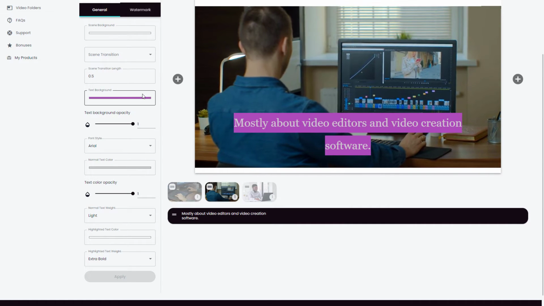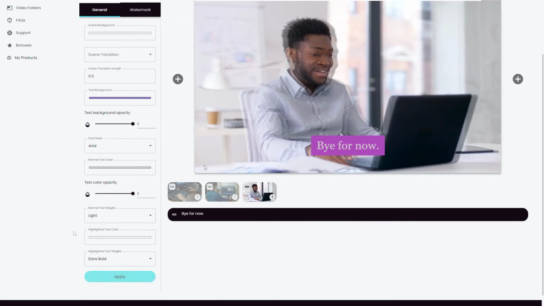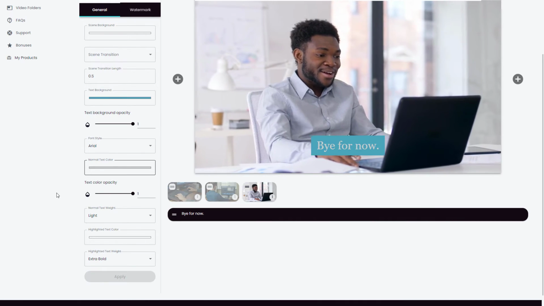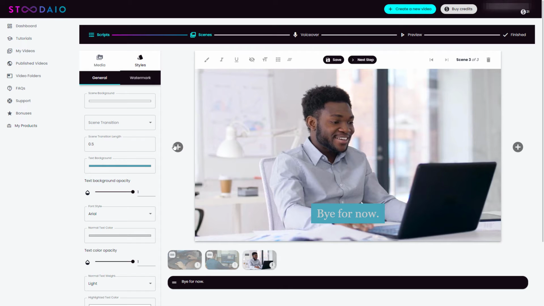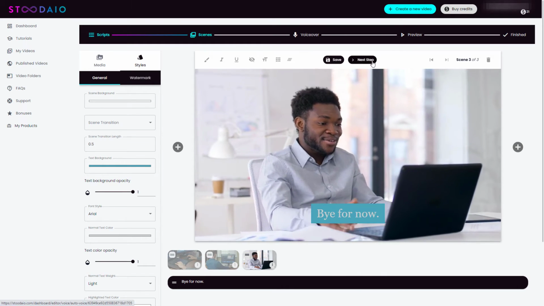And now I have to go in and change it. So it might be I'm not being consistent with my color. I don't think I am being consistent with my color, but there we are. Now we can add additional slides using this slide before or slide after. I'm going to go to next step.